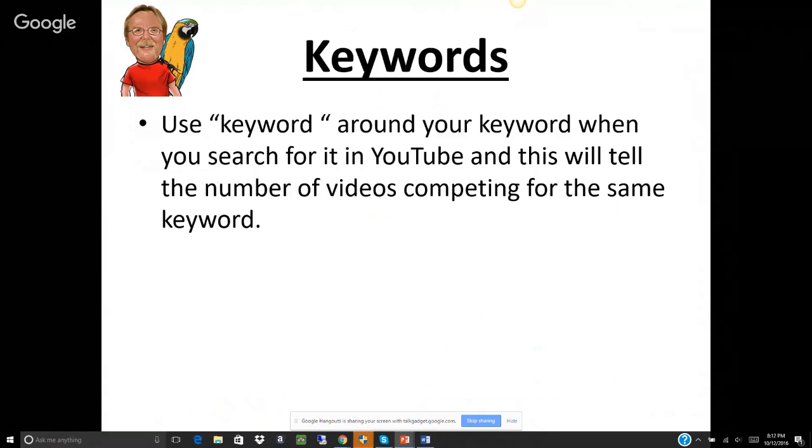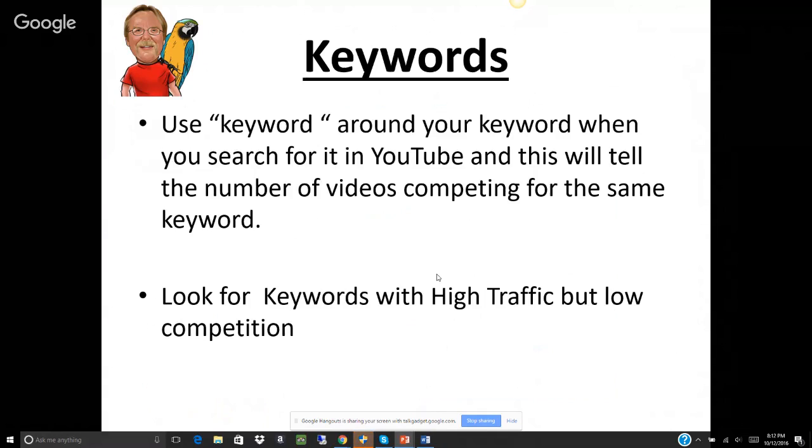You do the work once, and then people come to YouTube, or even Google, because Google owns YouTube. It works off the same search function basically. So if people type in the keyword phrase that you've made your video around, and you've done everything that I've shown you here tonight, your video is going to come up and they can find your video, and that way you're going to get leads. And as I say, you're literally like cloning yourself. It's awesome. So we want to have keywords that have the highest possible traffic, but I say the minimum of about 50 searches a month, with low competition.